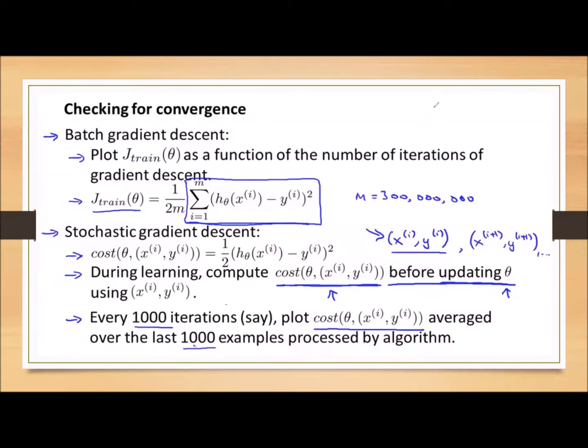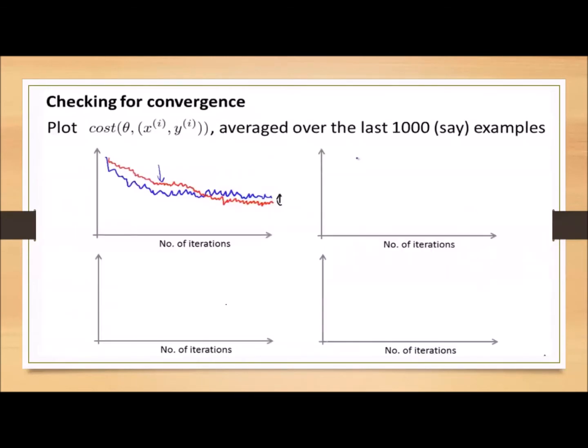Now we are drawing the graph like batch gradient descent, but for every 1000 iterations we take the cost functions of all 1000 iterations and average them. We plot that, and then from 1000 to 2000 iterations, at 2000 we check the cost functions we have got from 1000 to 2000,